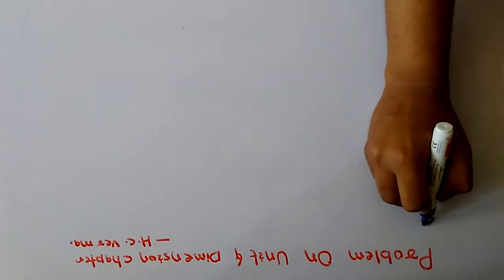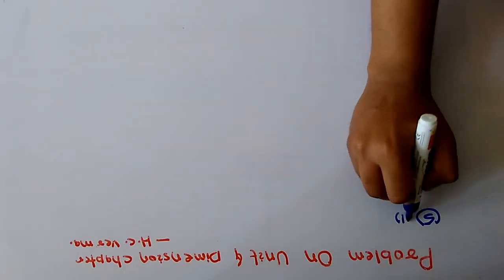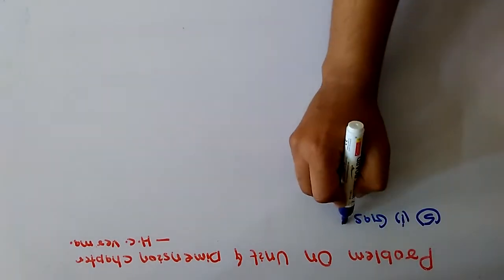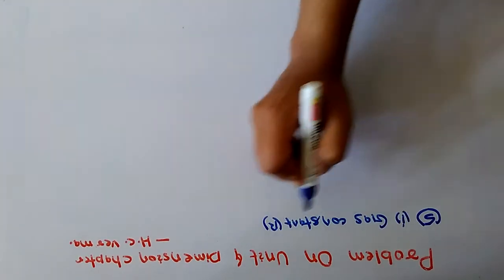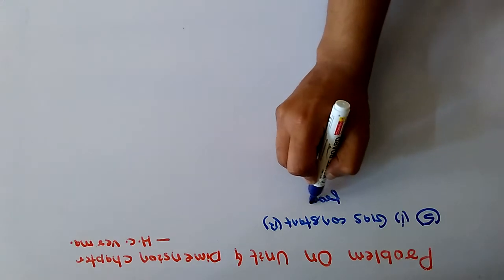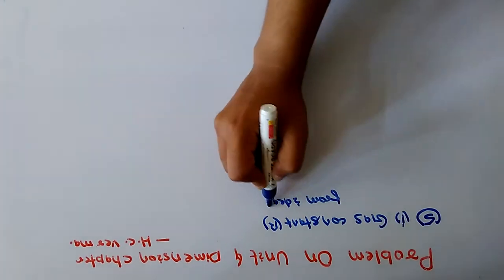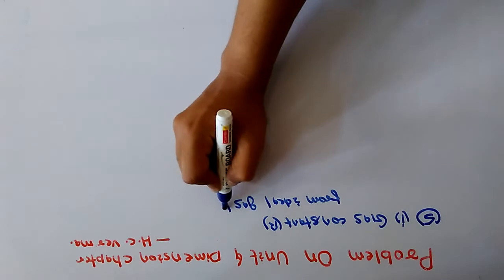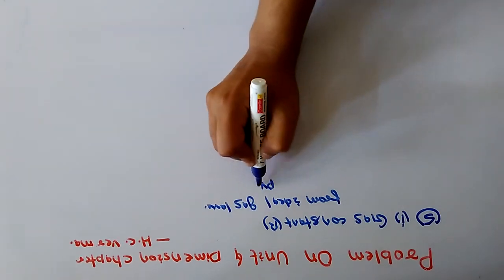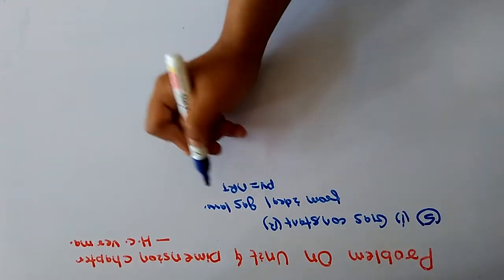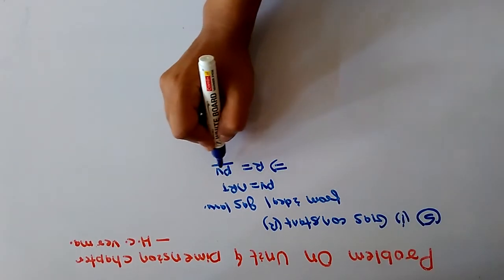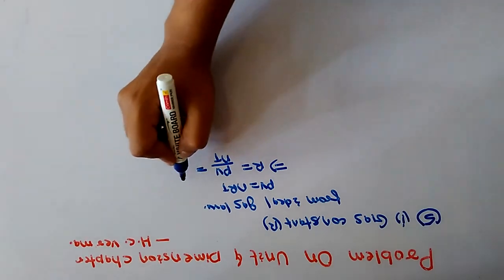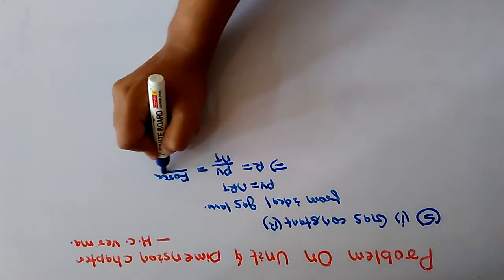Now it is saying to calculate the dimension of the gas constant. The gas constant is found from the ideal gas law, that is PV equals nRT. So from here we know that R equals pressure times volume upon n into T. The pressure is force per unit area,